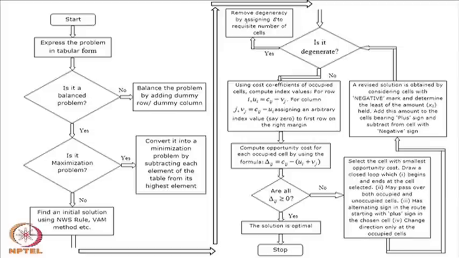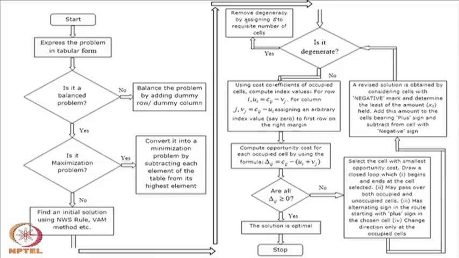If you remember, I told you Zij minus Cij should be less than or equal to 0, then we are getting the optimality. Here we have done Cij minus (ui plus Vj). For this reason, we are saying delta ij should be greater than or equal to 0, then the solution is optimal. If the solution is not optimal, that is, if not all delta ij are greater than or equal to 0, then